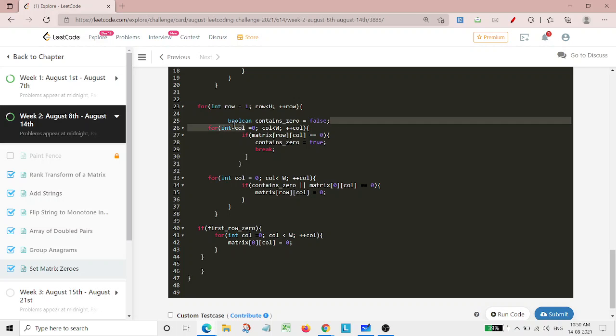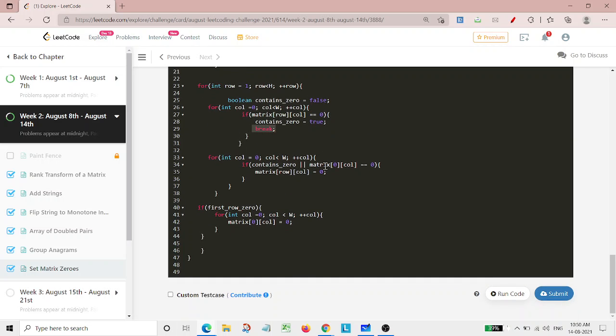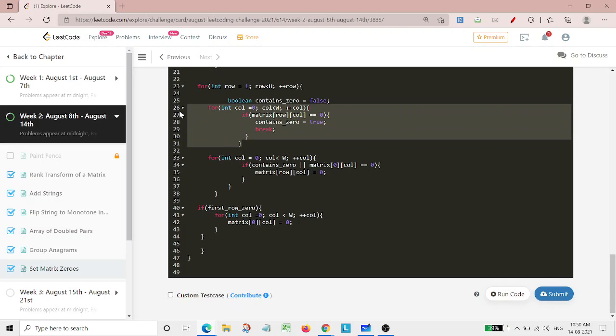Now here we are reinitializing at every row and keeping contain 0 as false. Then for the column from 0 to W, we check if the matrix at that row and column equals 0; then we mark contain 0 as true and break. Now we have got the information for the row from this loop.